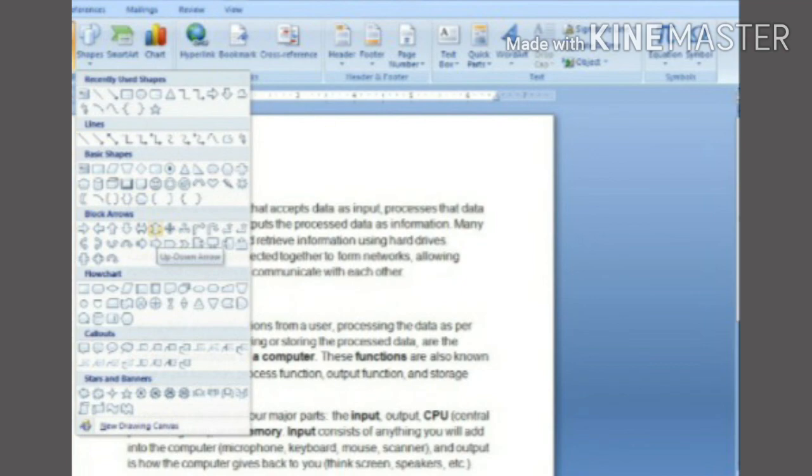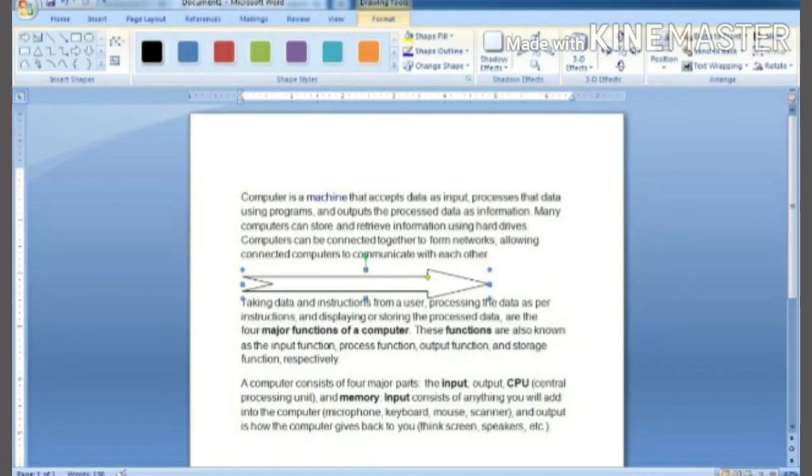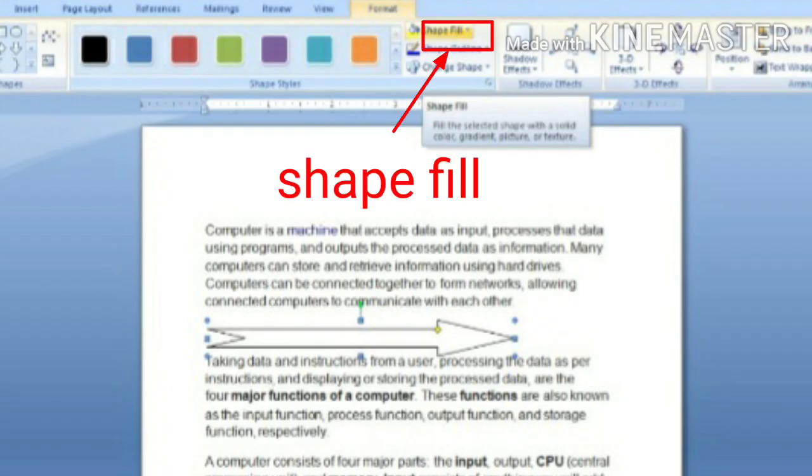After selecting the shape, click and drag the mouse on the working area. For drawing the selected shape, what you have to do? Click and drag the mouse. Children, you can also fill the shape with different colors by clicking on the Shape Fill option that you can see here.